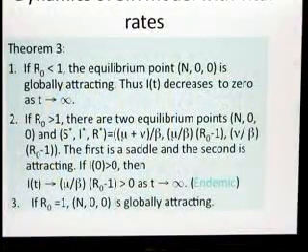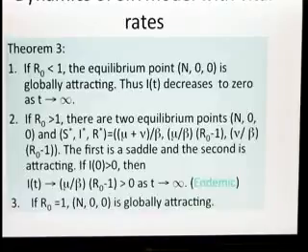If R naught is bigger than 1, there are 2 equilibrium points. One is at everyone susceptible, no one infected, no one removed. And that's a saddle, so you're not going to see that. And the second one is what it is, and I wrote it down in terms of R naught. So the first is a saddle, and the second is attracting,